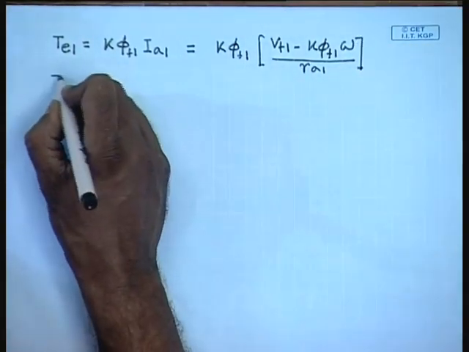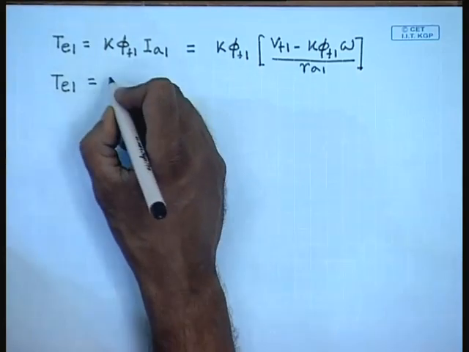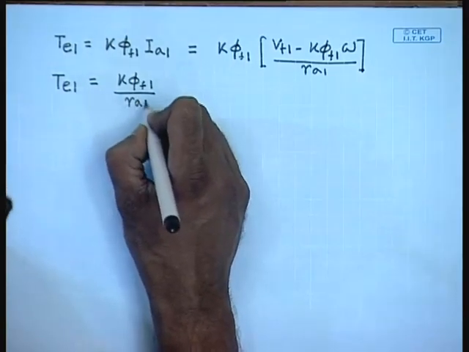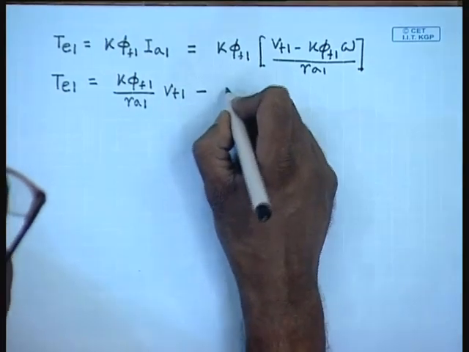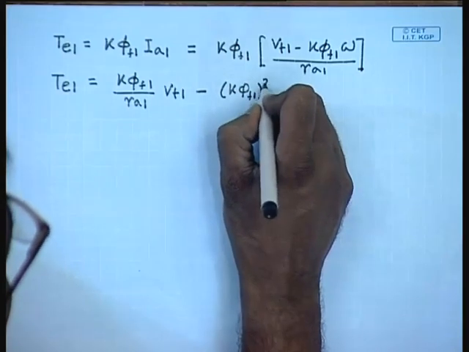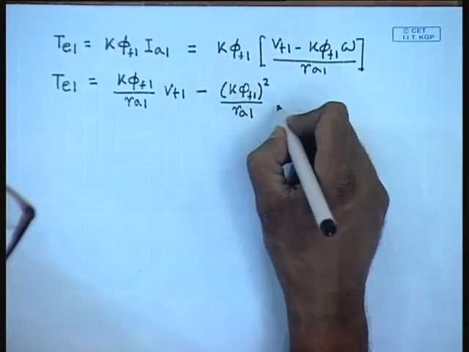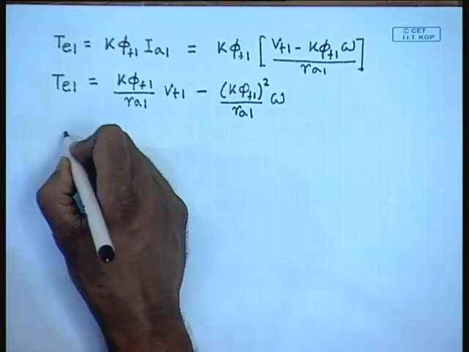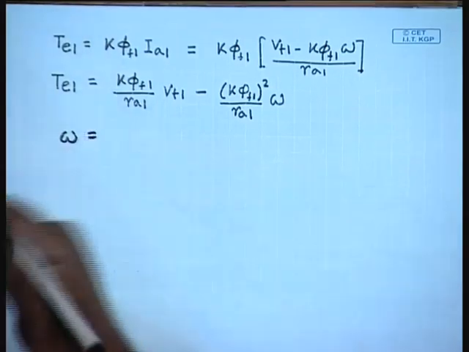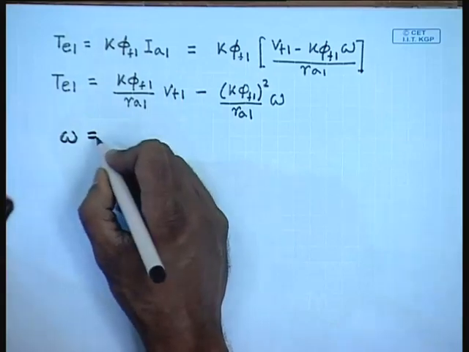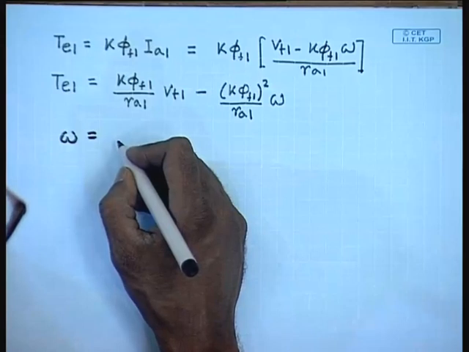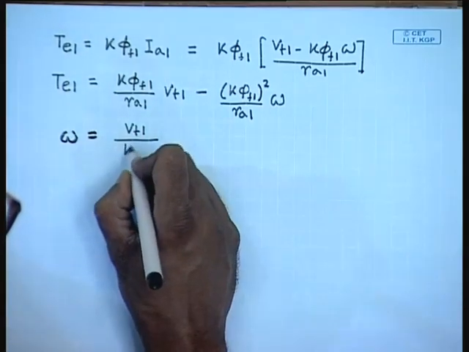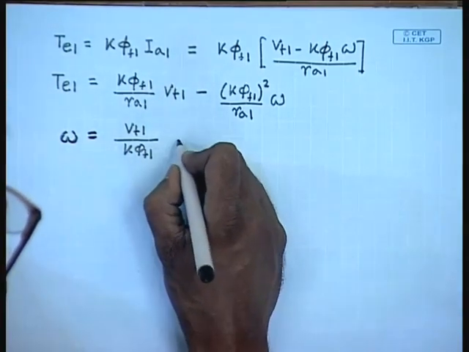This can also be written as TE1 equals K phi F1 by Ra1 Vt1 minus K phi F1 whole square by Ra1 omega, or in other words we can write omega as Vt1 by K phi F1 minus